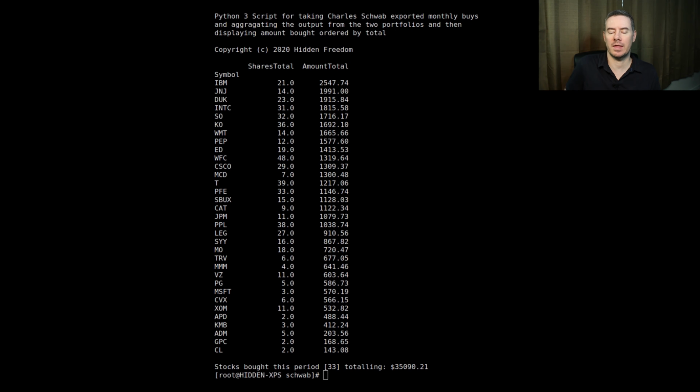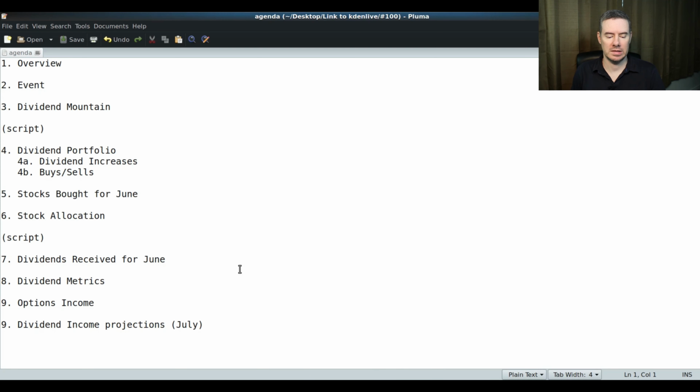Part of the reason for that is because I knew that I was getting that $70,000 of note income, and I wanted to get that to work right away. I already had cash sitting in the account before I even got this note income payment, so I went ahead and just started dumping that money in, and then throughout the rest of the month I started taking off of that $70,000 I deposited as well. So that's the stocks we bought for June, and let's go ahead and look at the stock allocation,